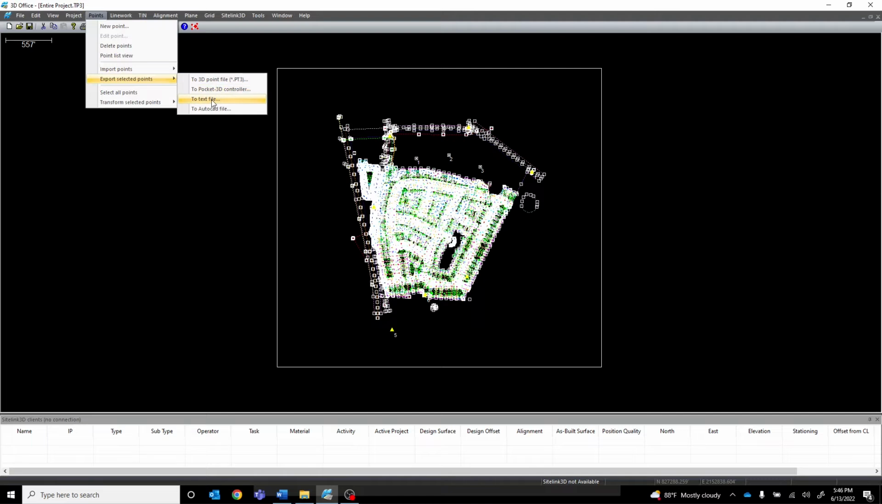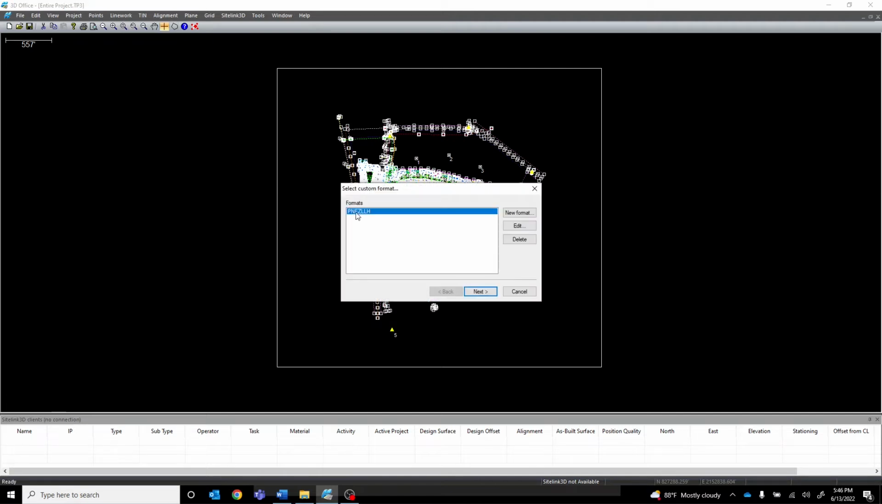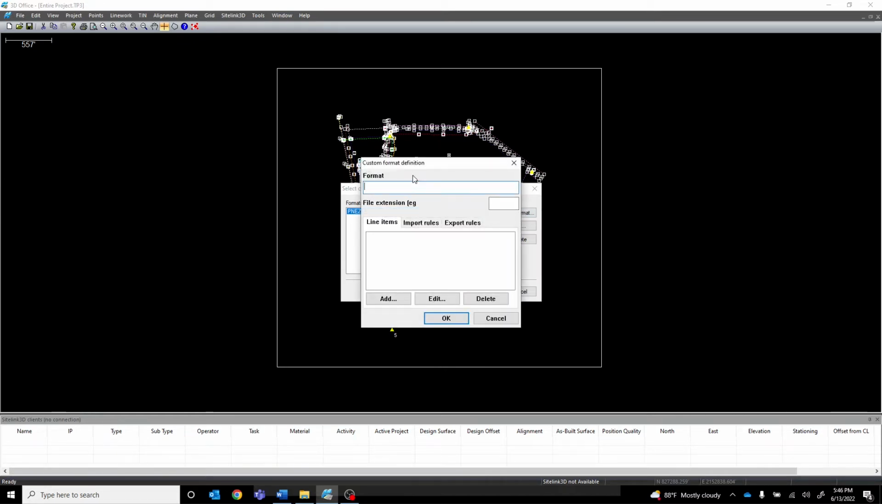We want to go to a text file. You can see the format we created previous. This time we don't want the lat, long, and height. We just want point northeast and elevation. So we'll create a new format, and I'll call it point northeast elevation. And I'll give it an extension of CSV